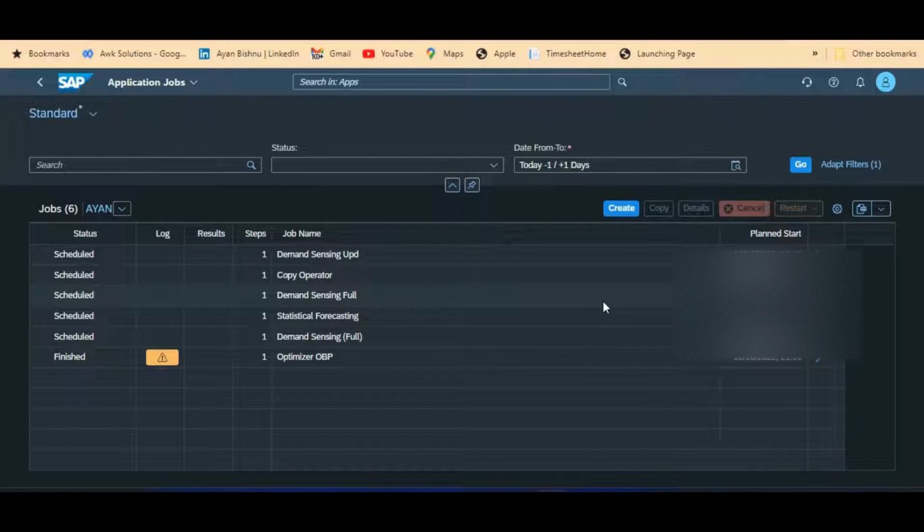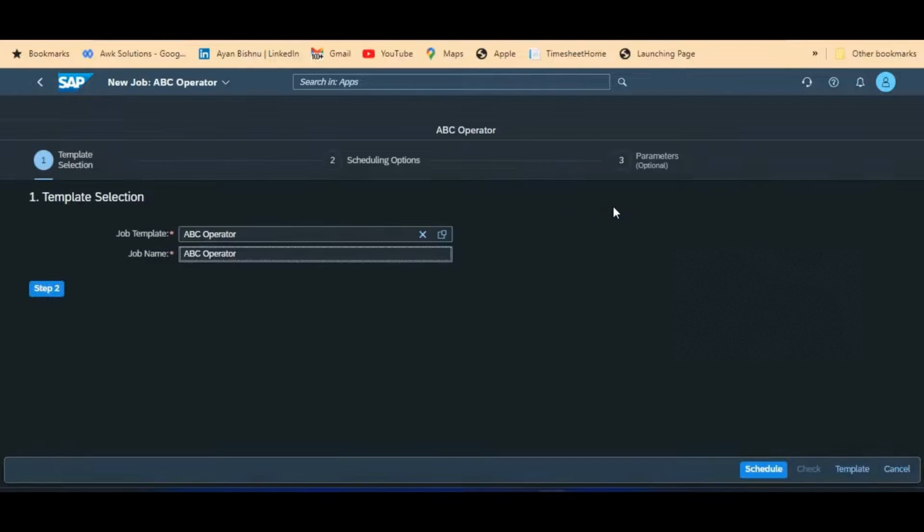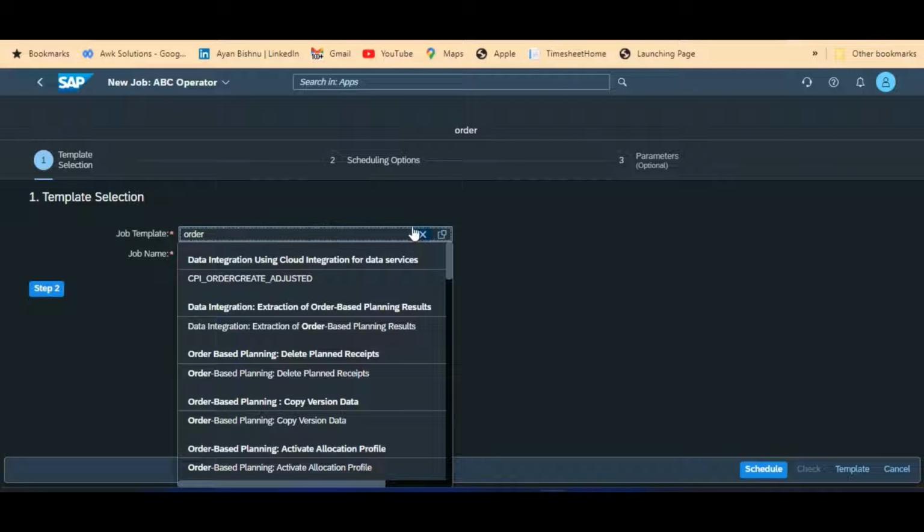So the first step, after we have updated our master data, is to run a few application jobs in a certain sequence so as to ensure consistency in the whole data model for order based planning. First and foremost, if you go to application jobs, you will find a lot of application job templates related to order based planning.